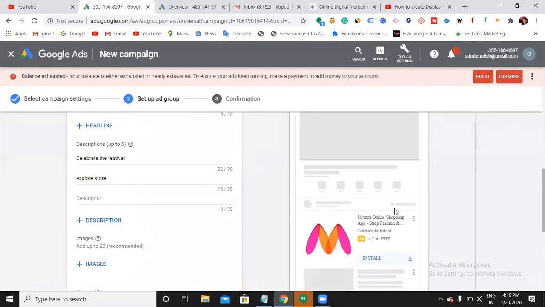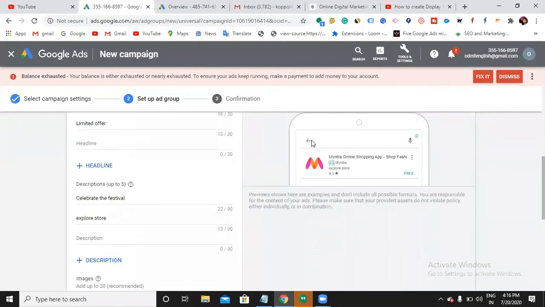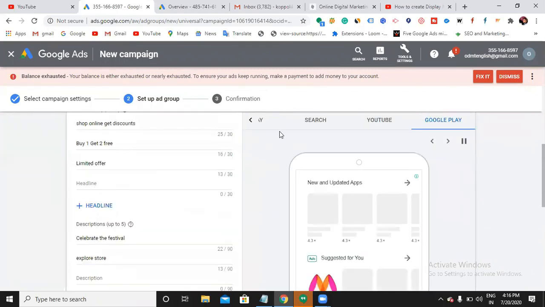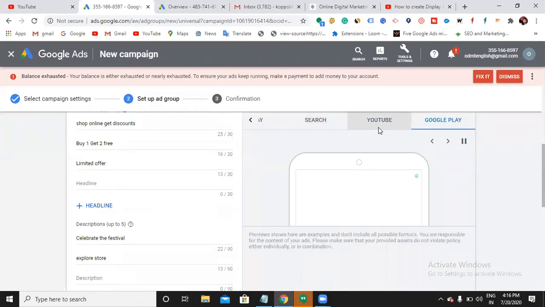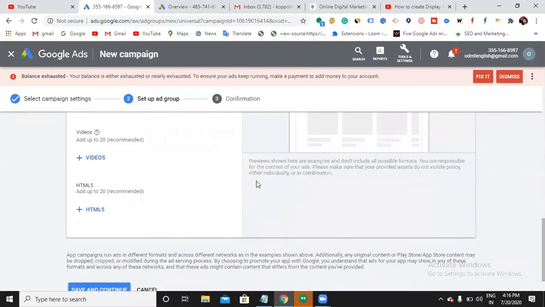Yes, so many, on Google Play Store too. So Google Play Store and display means websites, search means search results, and YouTube. If you want, you can have videos as well. Did you understand where your ad appears now?